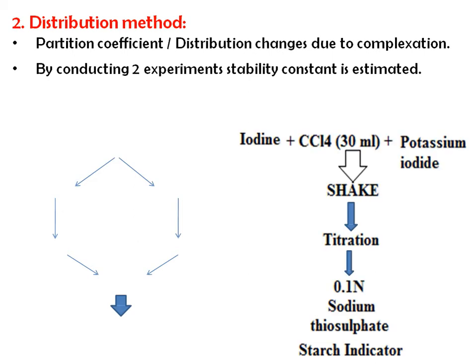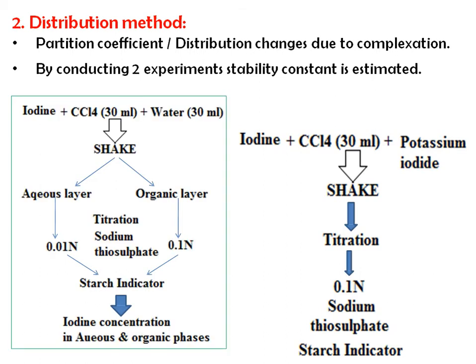How is it so? Iodine plus carbon tetrachloride plus potassium iodide. Then you have to titrate it with sodium thiosulfate by using starch as an indicator. Now second experiment, iodine plus carbon tetrachloride plus water, means instead of potassium iodide you have to take water here. Then